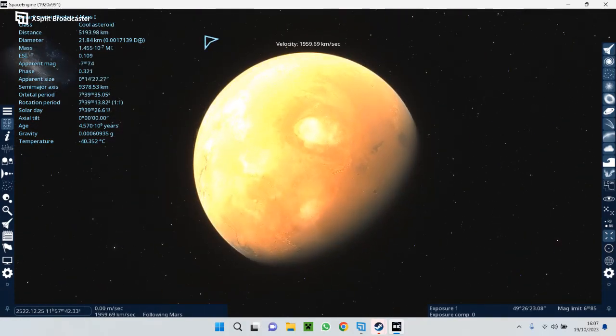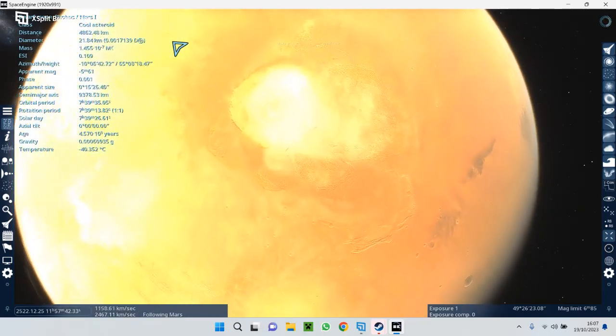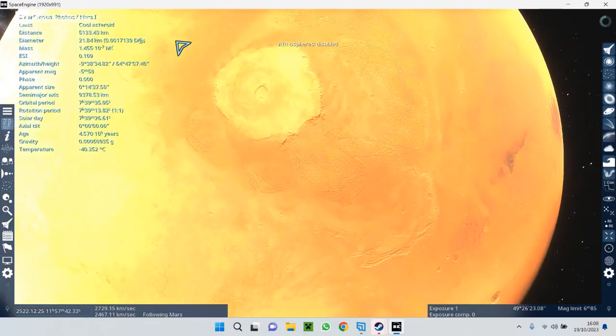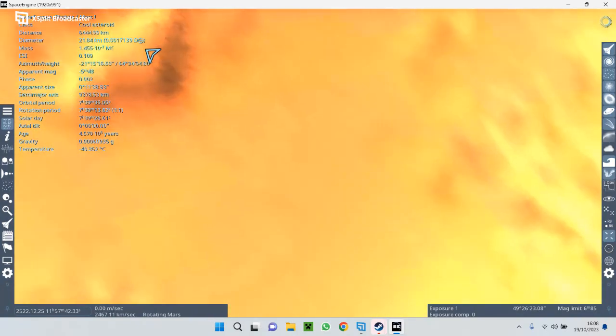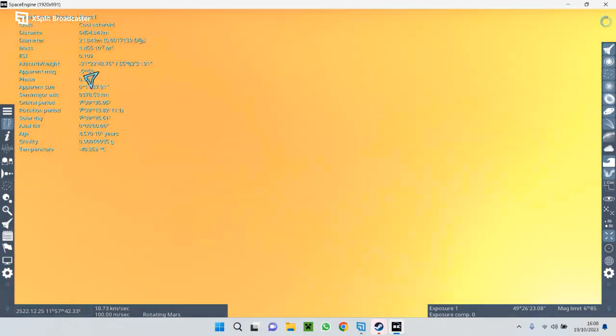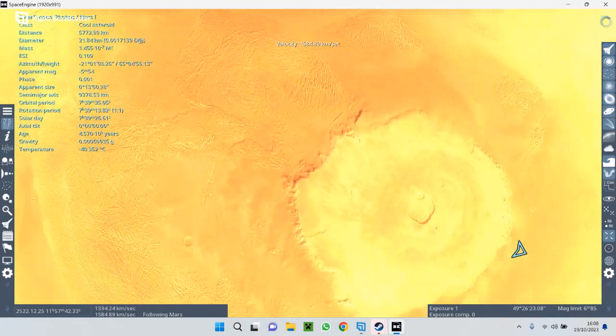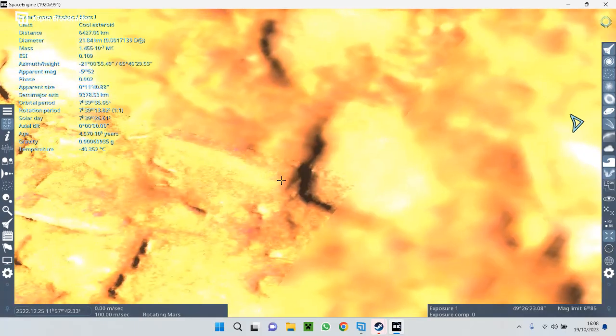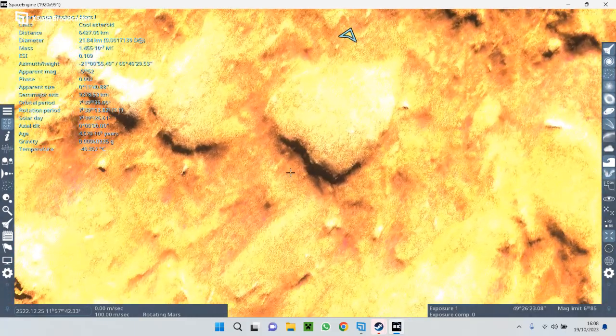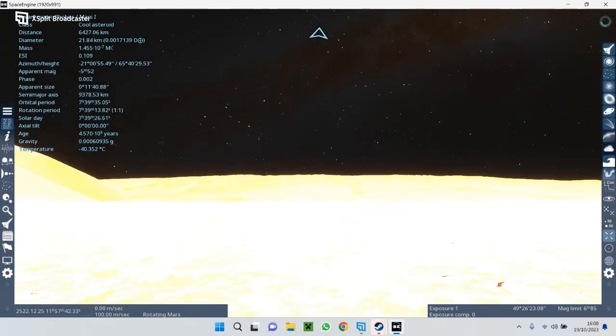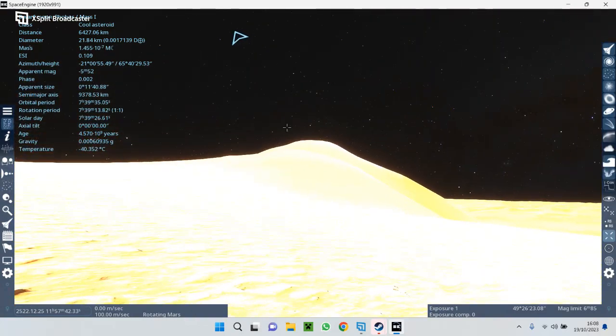Let's go to Olympus Mons. I believe that's Olympus Mons. Yeah, that's Olympus Mons. Just land on Mars. Look at me, I'm the first person on Mars! I have no clue what is happening or what I'm doing. Oh, Jesus, that's Olympus Mons. I swear I turned on the atmosphere.